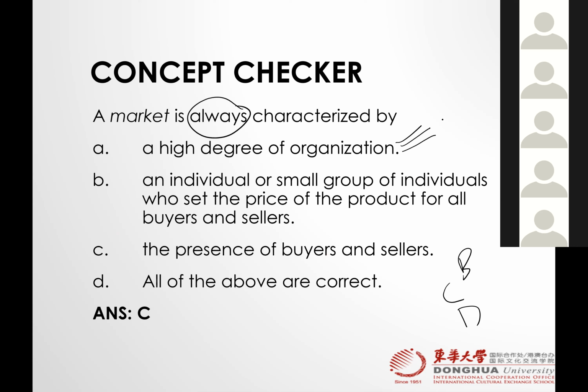Yes, there are some organized markets. You know, the market opens at 9, closes at 7, but there are some other markets that open 24 hours a day, like online shopping. You can just place an order at 3 a.m., 12 a.m., right? And then B, an individual or small group of individuals who set the price of the product for all the buyers and sellers. It's also not the case, right? Yes, there are some markets in which the price is determined by a third party. For example, the government announces that the per ton or per 40 kg of wheat bag is going to cost you, for example,